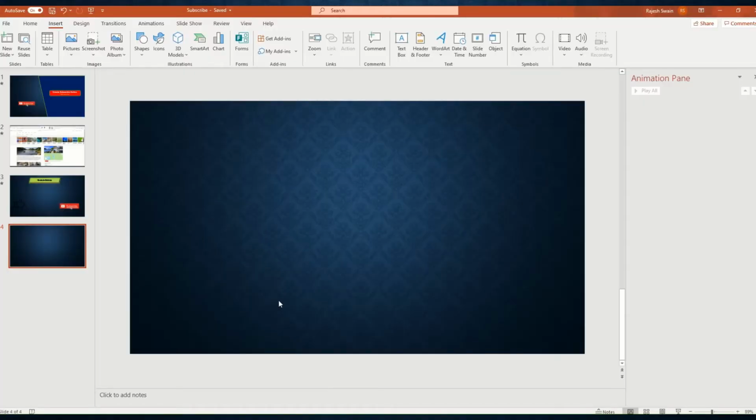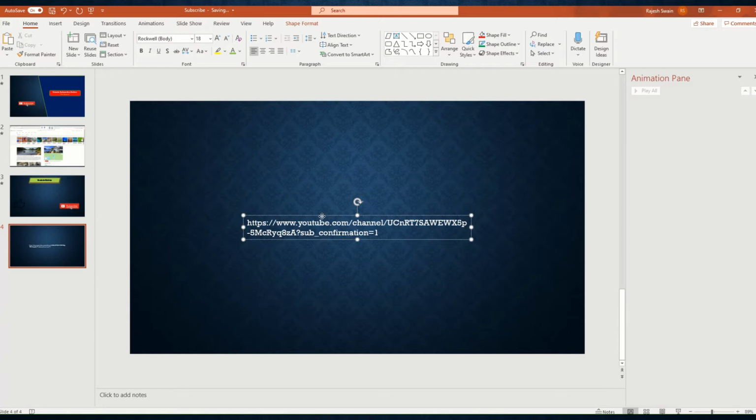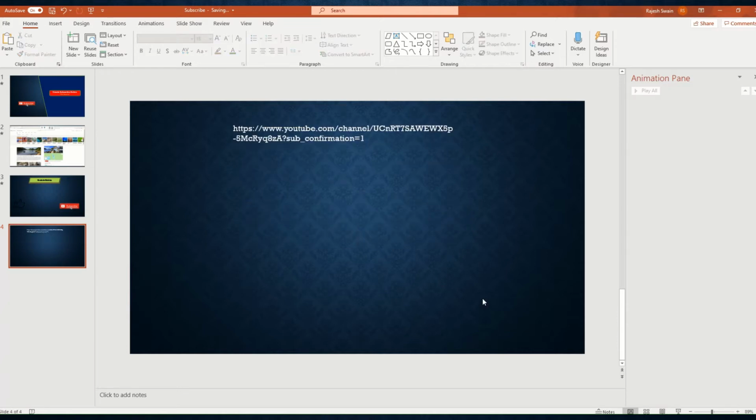For that I have one video, then I'll go to a new slide. Now let me copy the URL subscription link so that we can make use of it later. Okay, now we'll create one subscribe button image. So from where will we get that image? In open source Google, that image is available. But while choosing any image from open source, we should make note of whether the image is copyright protected or not. If it is copyright protected, then we should not use this image.